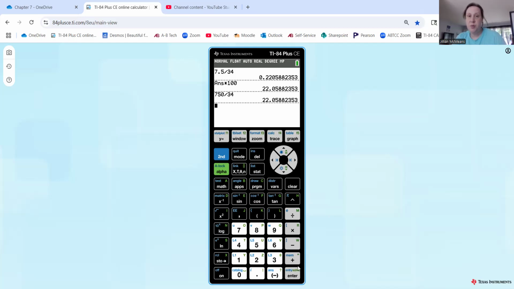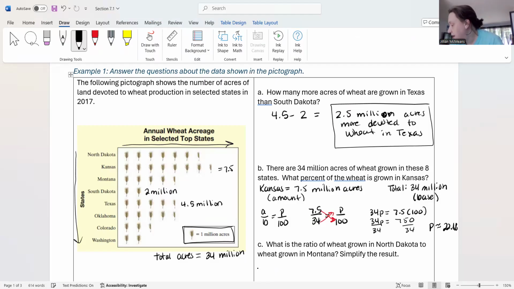And we get 22.05. So if we were going to round to 1 decimal place, the 0 is where we're rounding. The 5 tells me to round up, so I make the 0 a 1. So we get 22.1%. Okay? So we get 22.1%. It barely fits on my screen. I can actually rewrite that and scoot it a little bit. So 22.1%. There we go. So that tells us that 22.1% of all of the wheat that we're looking at is